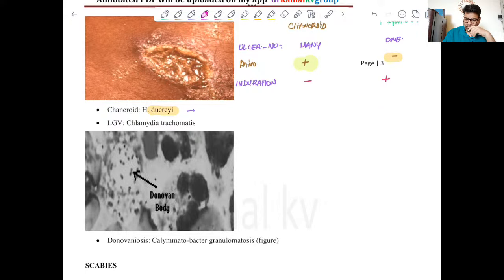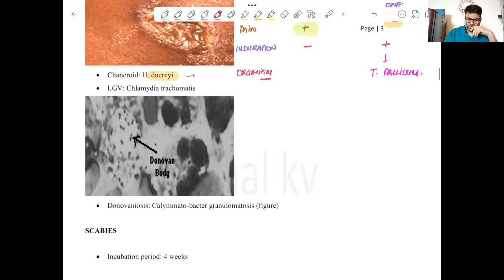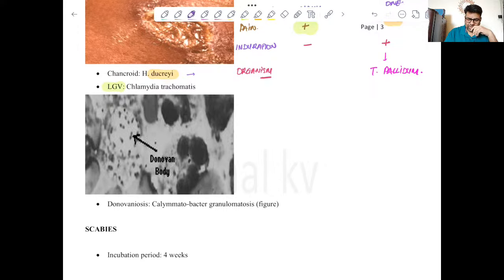And of course I think most of you must be knowing this is caused by Treponema pallidum. Clear? So I think this is not a difficult thing to remember. So organism. Clear? So these are two important conditions. Then there is one condition that is LGV, that is lymphogranuloma venereum. It is caused by Chlamydia trachomatis, and here the patient presents with buboes, which are actually enlarged lymph nodes, and